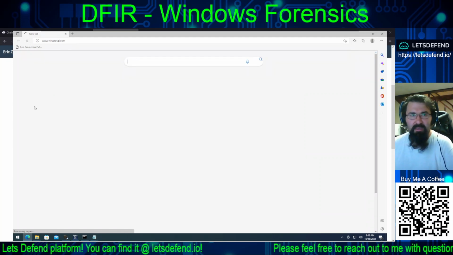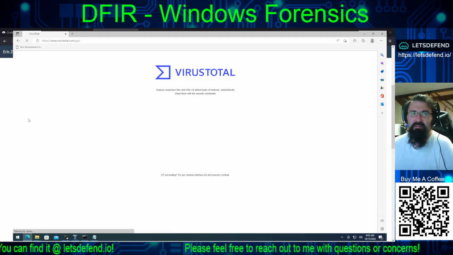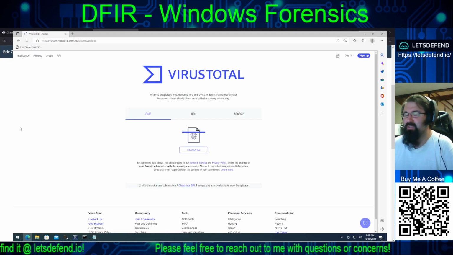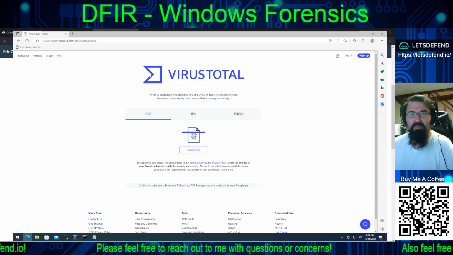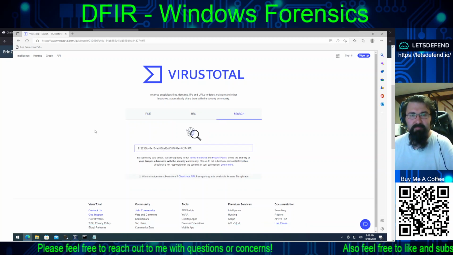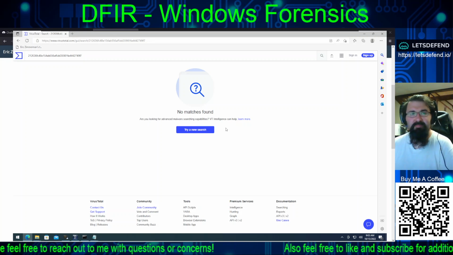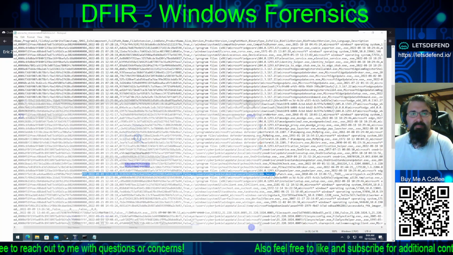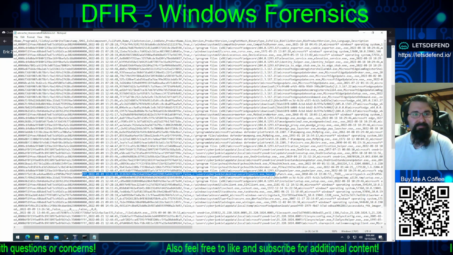But since we have a SHA value, let's dump it in VirusTotal to see. I mean, Microsoft's naming convention, at the very least, has the KB number for what you're trying to patch. That's nothing against VirusTotal. Yeah, I'd love to have a full forensics image of the system to rip it apart and see about recovering, but